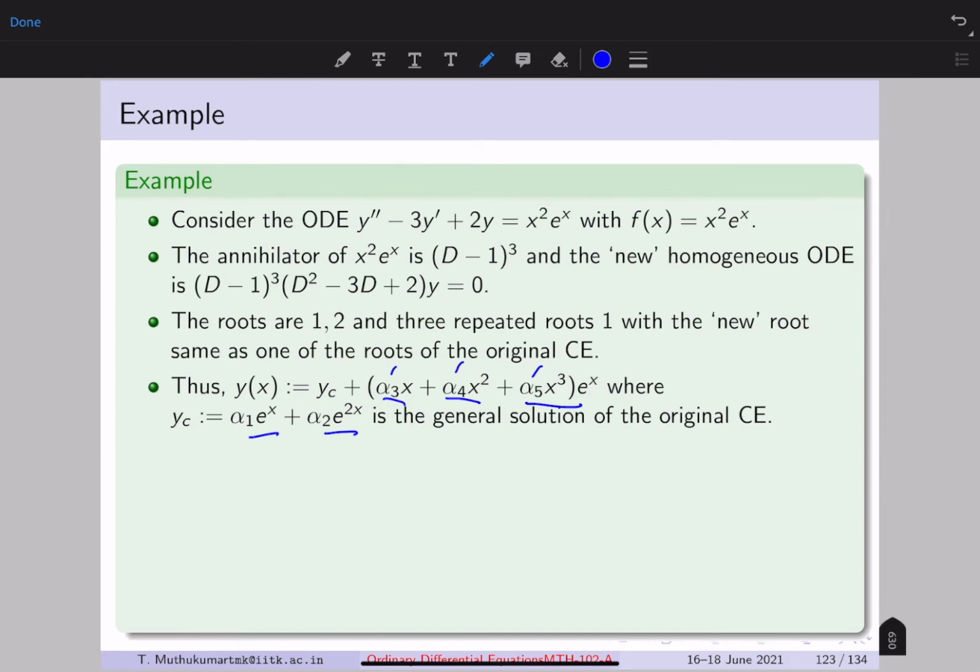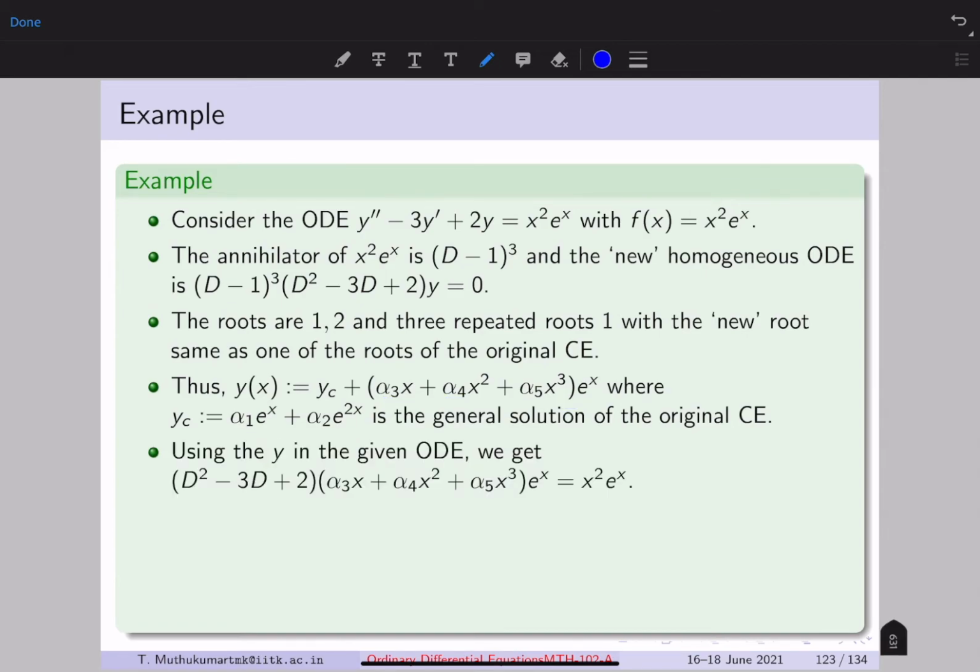Okay. So you use the same technique that we have used before. So use this y in the original differential equation that you started with, which is here, right? Then you will immediately see that you have this acting on, this is what you will get,